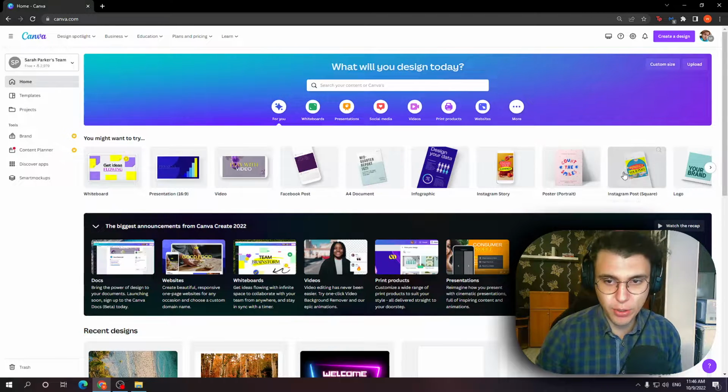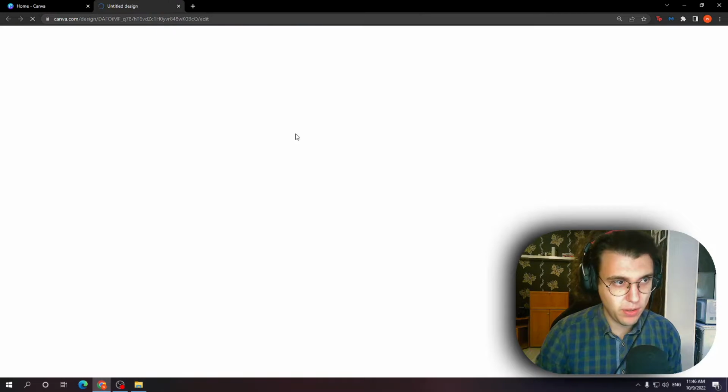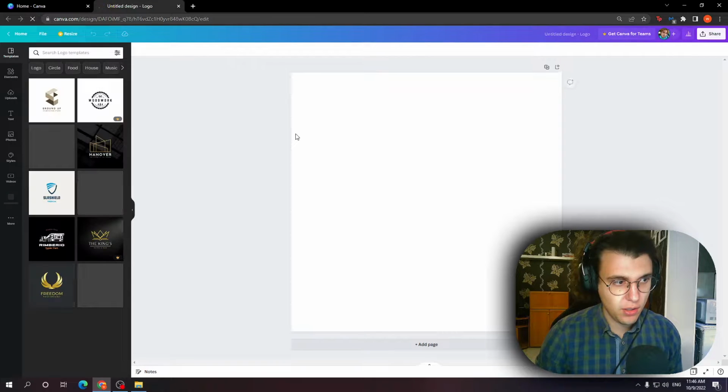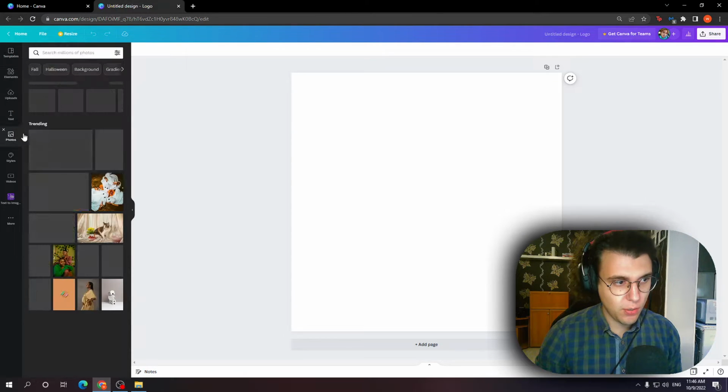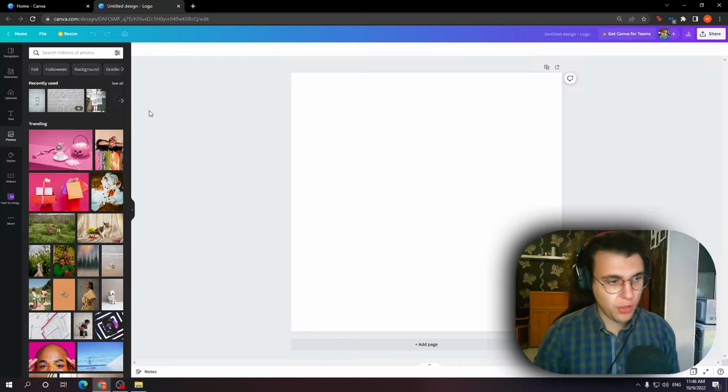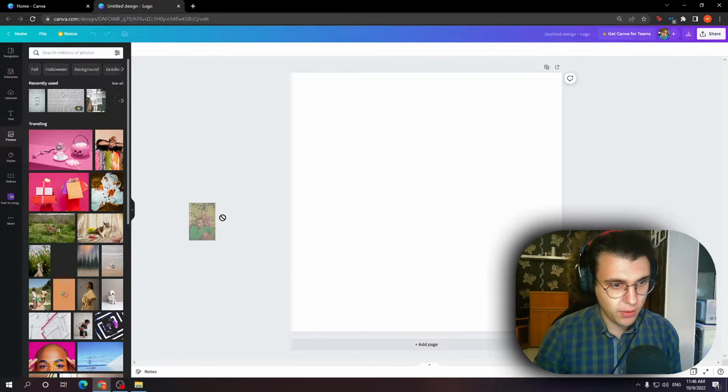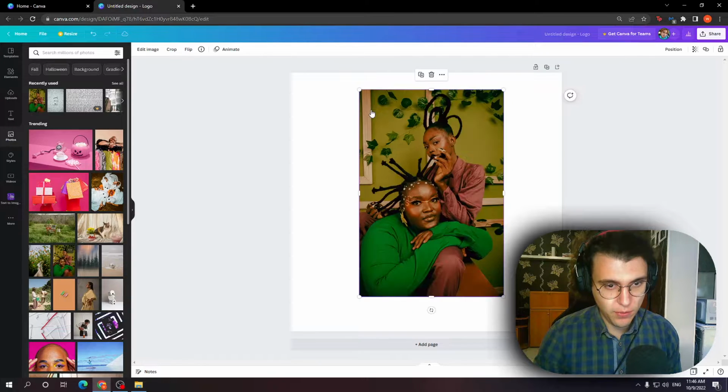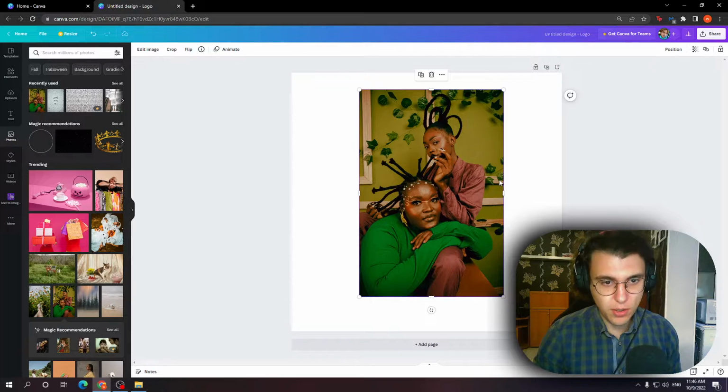So I'm just going to select a logo template right here. We want to go to photos. I'm just going to use one of the photos which Canva provides us with. And I am going to select, drag and drop it here. As you can see right here, the image is centered, and if we want to move it, if we want